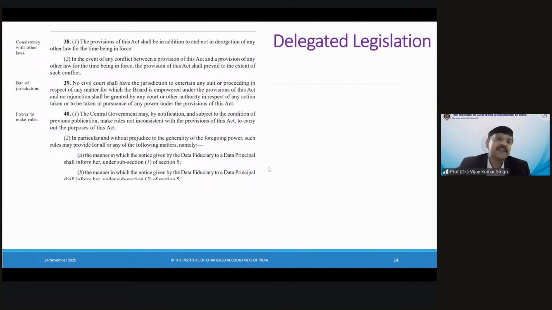Okay, now let us look at delegated legislation. When we talk about delegated legislation, every law has got delegated legislation power. So whichever legislation you look at, towards the end of the legislation, you will find some powers given in the legislation. As here in this case, you can see there are 3 sections which I have highlighted in the DPDP Act. Generally, in legislations, you will find similar kind of provisions. Like, for example, Section 38 in this, you see it says consistency with other laws. So there will always be a general rule of interpretation that says that general